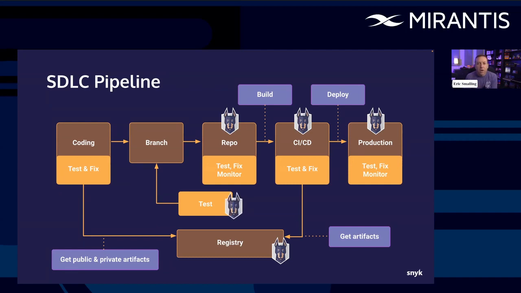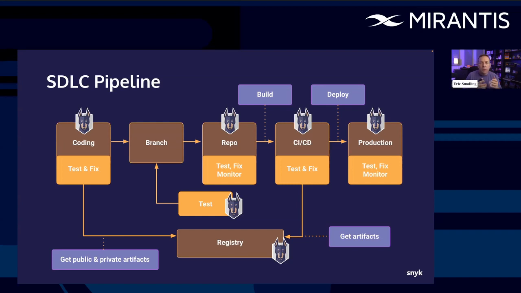Speaking of tests, you could apply it as a pull request, a pre-merge type of a thing, where as the code review is happening, automated code review could be happening around build quality or code quality and things like that, while security can be applied there as well. The holy grail, though, is to get security testing as far left in this pipeline as possible. I mean, the whole point of continuous integration has been fast feedback. You want to give a developer information about a problem as fast as possible while they still have the context of what they changed in mind. And the sooner you know about something, the sooner you can fix it.